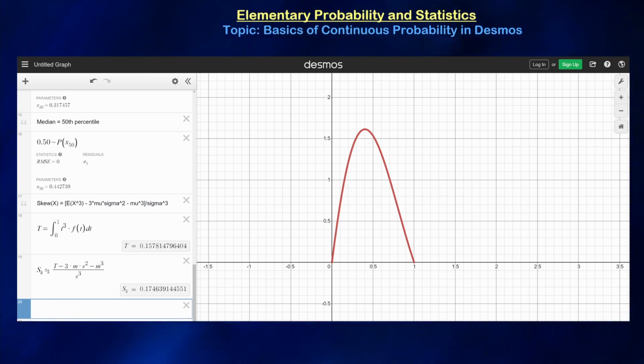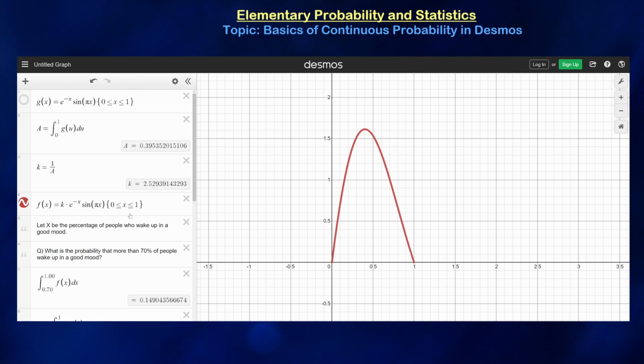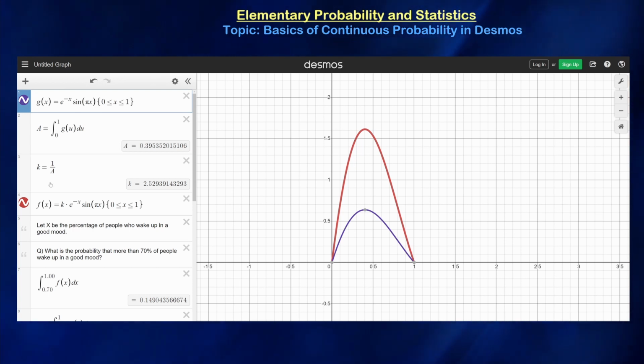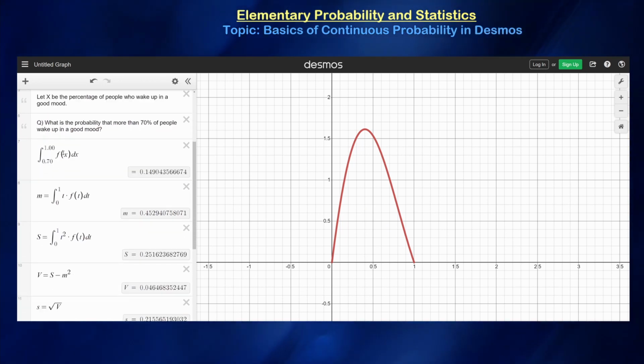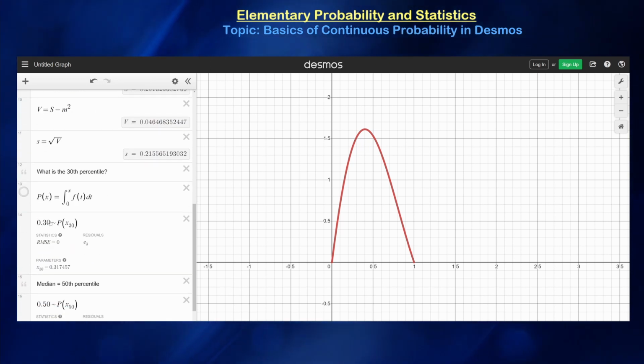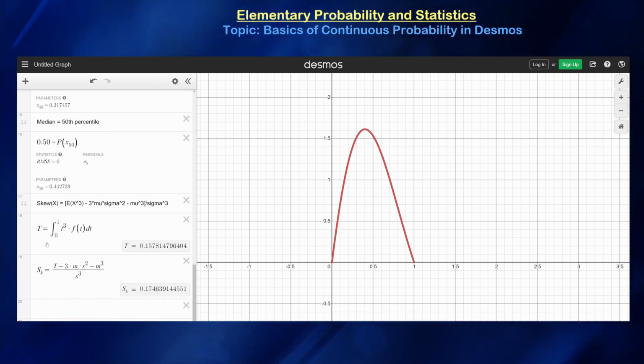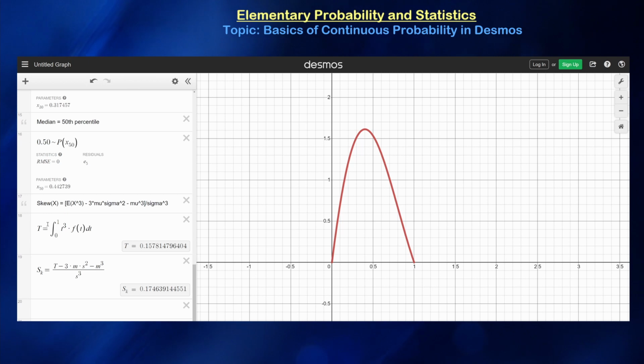So those are some of the basics that you can do in Desmos for probability density functions, in terms of creating your own from a shape that we originally had, right? As long as it's positive, we can normalize it with some constant k to make it a probability density function. Then we can start doing some probability values on it. The mean, second moment, variance, standard deviation, percentiles, medians, skewness, constants, and the list goes on. But these are some of the